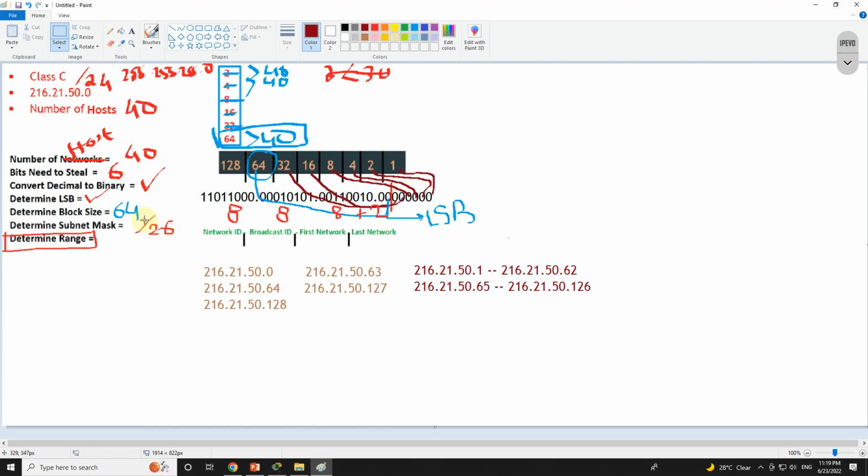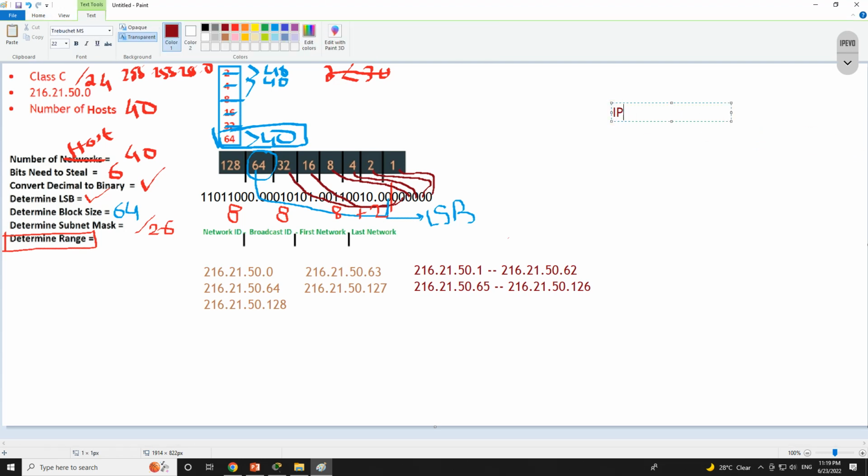This notation is slash 26, but we actually have to convert this into the decimal format, because when you have to provide the IP to any machine, how you are going to provide the IP is, let's say, pick from this range